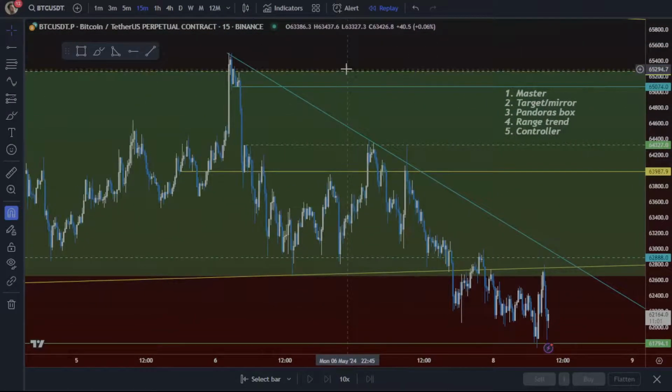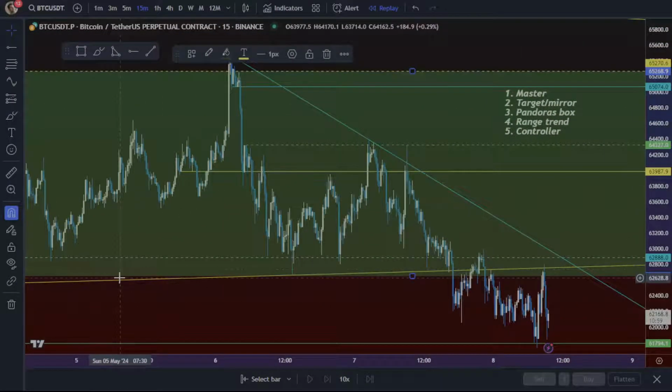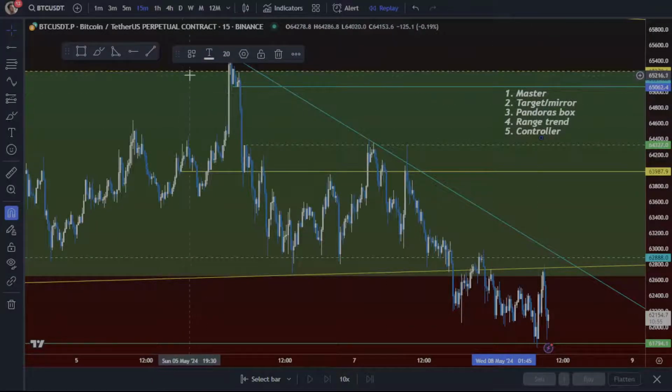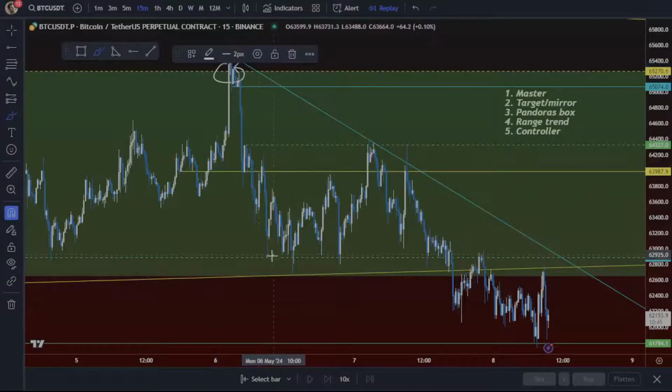you created the master, right? Top side and bottom side. You have your master. You have your targets from your masters. So your target was here, right? Your target is this 4-hour, and your target on top is at least, as a minimum, an hourly. So if you were to say this level gets hit, you know your target is here. If you know that this holds, you know your target is going to be something along the lines of an